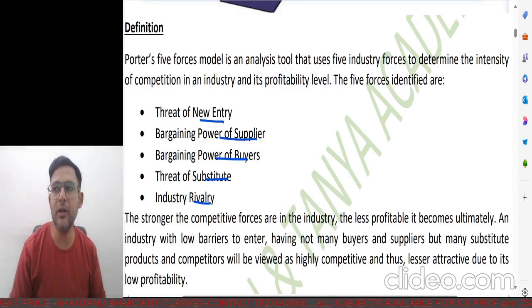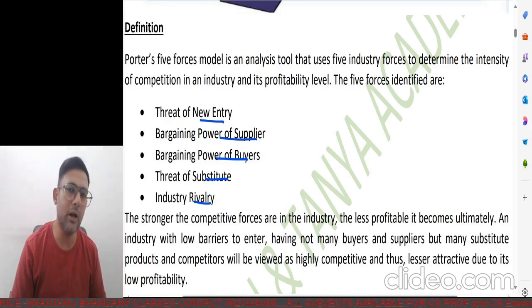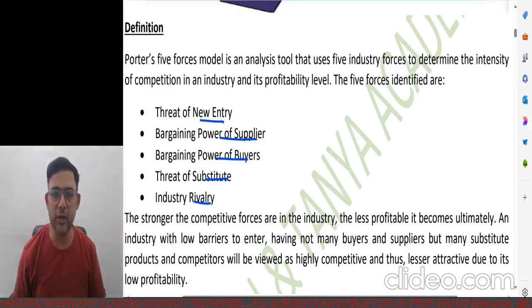So for example, if the existing player knows that it's very, very difficult to enter into the market because the competition is very high, the profit margin is very low, and obviously anybody who will be entering into the market would first try and find out those businesses which are more profitable and have less competition. But in case your business is really competitive and has very less margin, then probably no new players will try and enter your market. So I think the first point